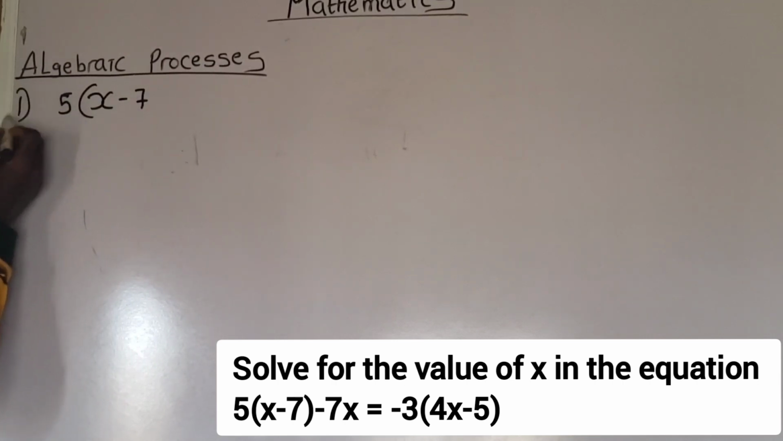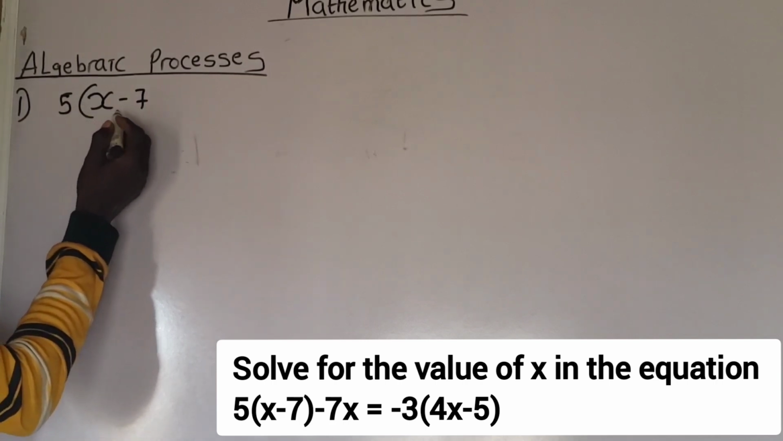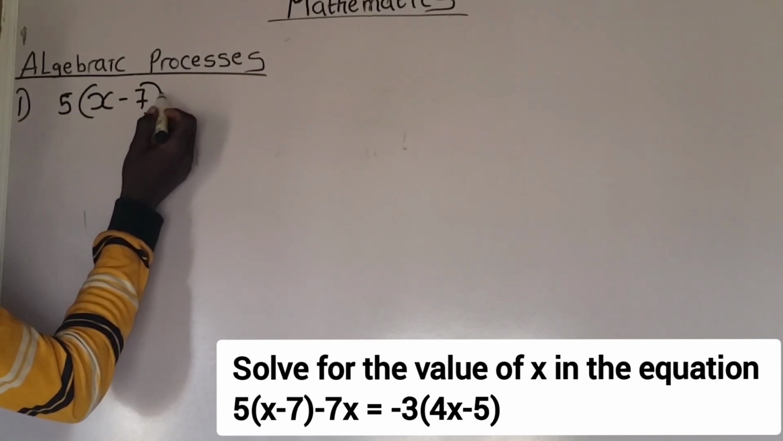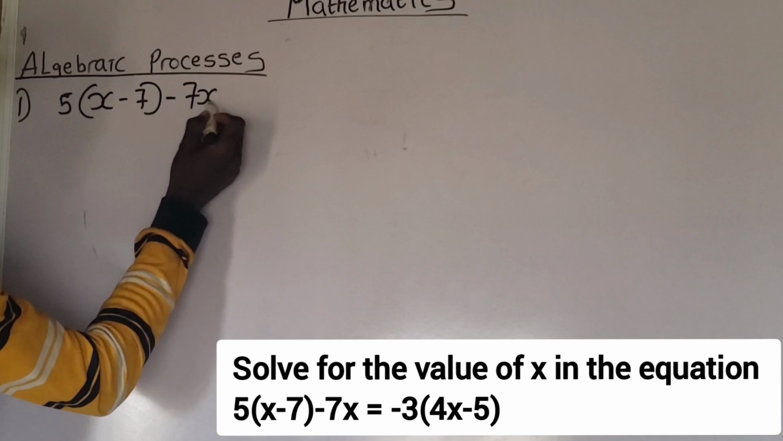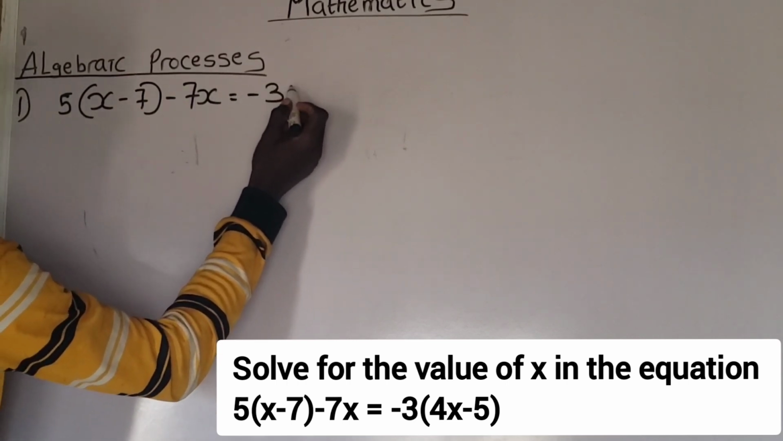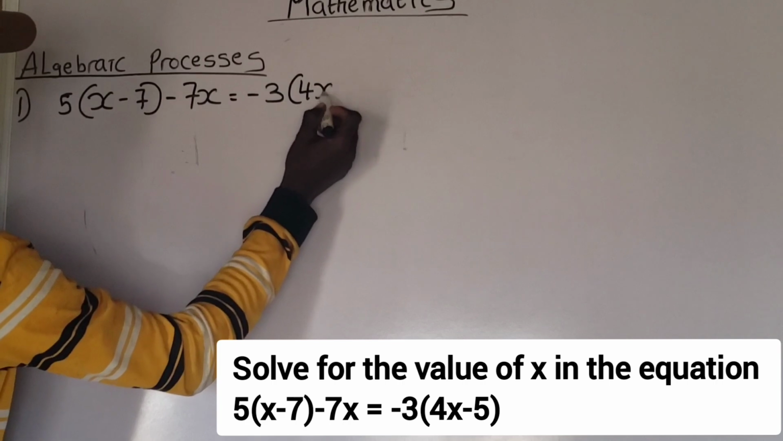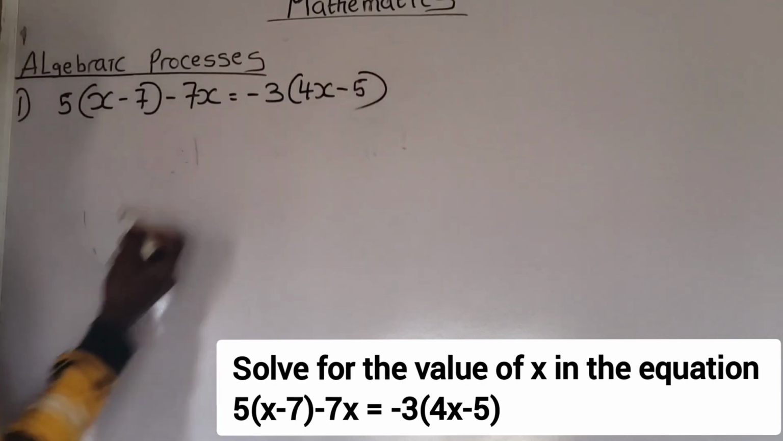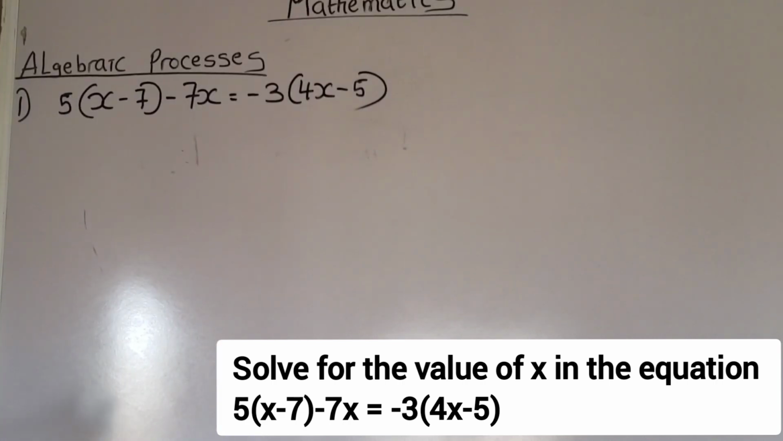Okay, let me call this question 1. Okay, x minus 7, minus 7x, please pay attention, equals negative 3 into bracket 4x minus 5. Okay, now you see